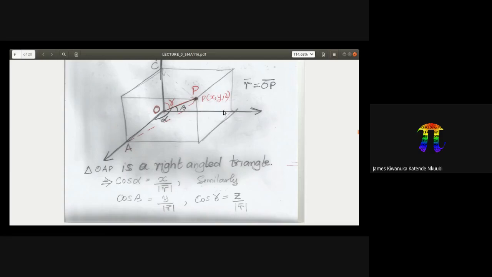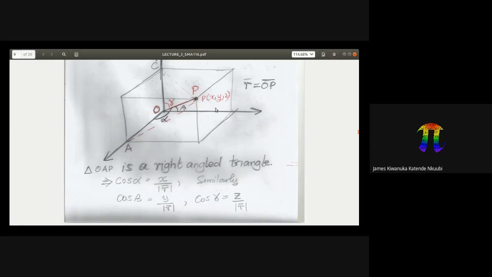That distance is y. And you can draw a triangle. I didn't name this point, but if you call this point Q, then OPQ will be a right angle triangle, and the right angle will be here at Q, so that the cosine of beta will be equal to